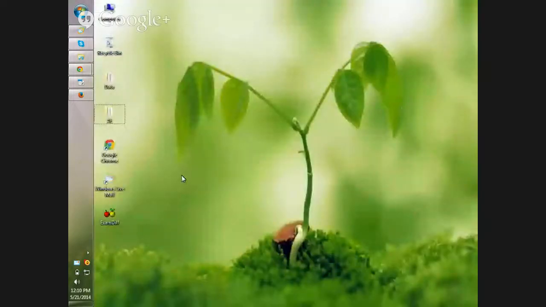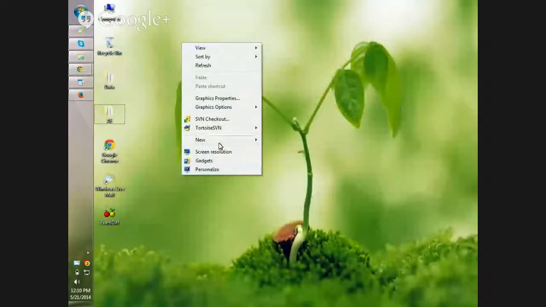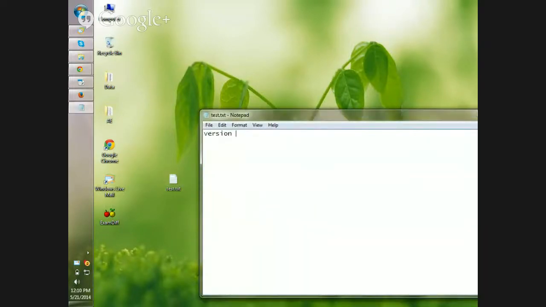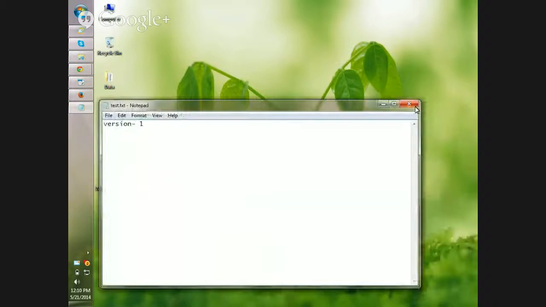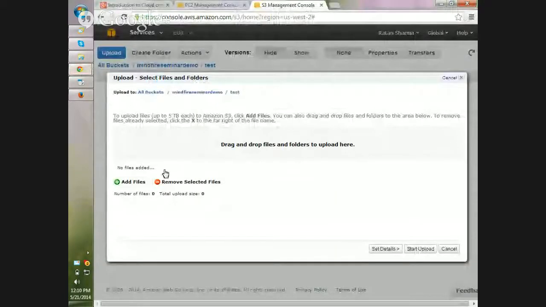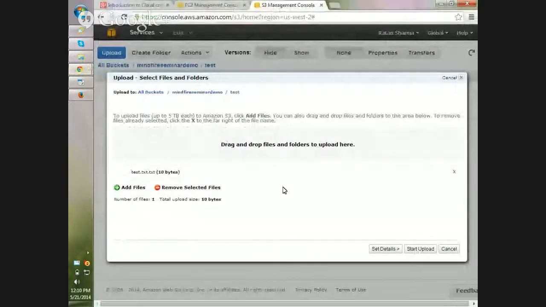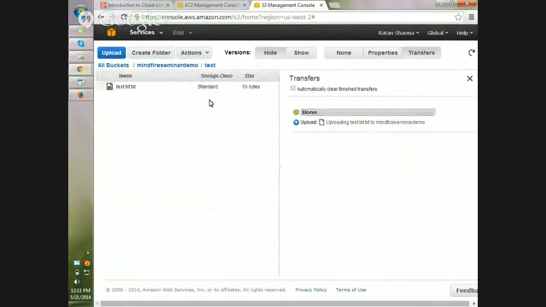Let me create a file, and drag and drop. So it will upload the file to the test directory.